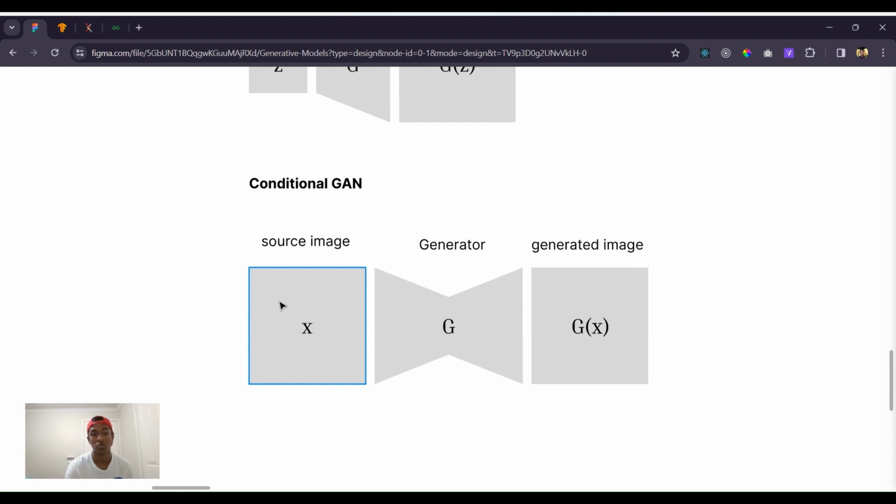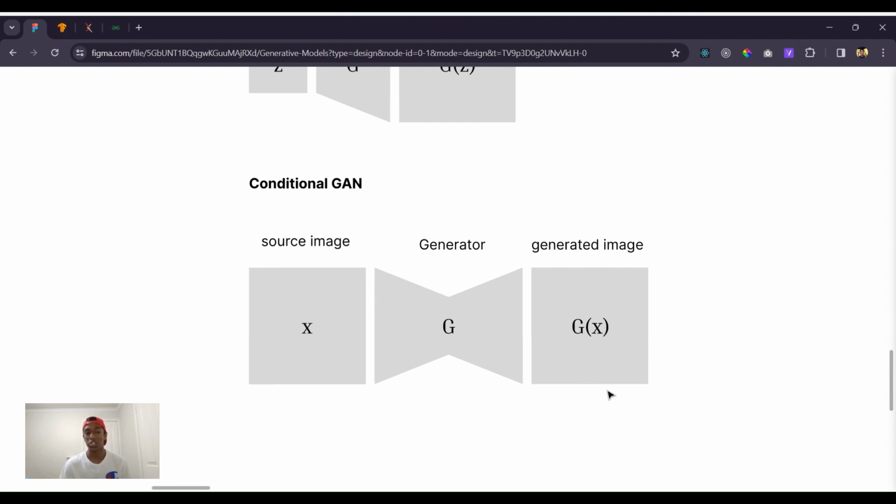And what we're doing is we're passing the source image through this generator, and that will output a generated image. Now, the source image and the generated image are of the same shape. So you might be asking, what's the use of this? What's the point of passing an image through a generator and then getting another image out the other side? Well,